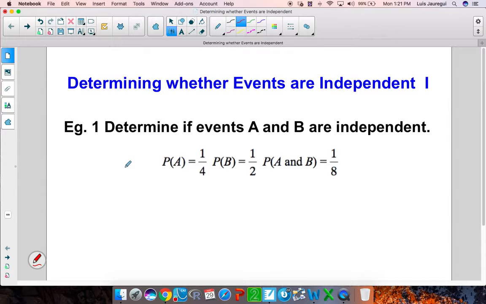In this video, we'll be determining whether events are independent. Let's take a look at example 1. Determine if events A and B are independent. Notice we're given the probability of A, we're also given the probability of B, and we're given the probability of